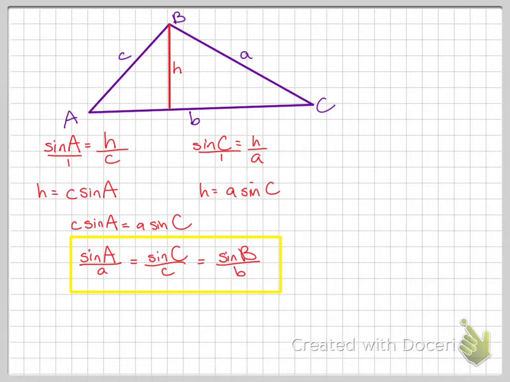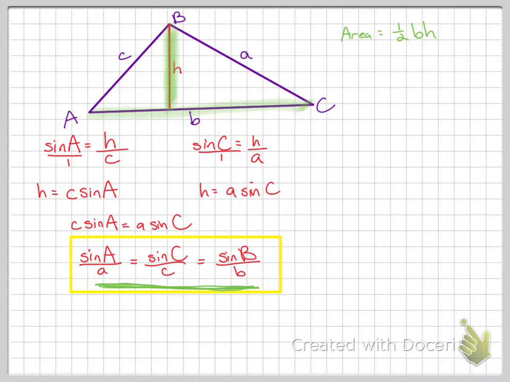We're also going to want to find the area of this triangle, these non-right triangles. So if you look at what I have drawn, area of a triangle is always base times height, but base and height are supposed to cross at 90 degrees. So theoretically, the area of this triangle is equal to 1/2 b times h. But we don't know h, and we're not going to take the time to find h, because if you look at our equation down below, never are we going to look for h. Everything we need to know is going to come from capital ABC and lowercase abc. So if I replace h